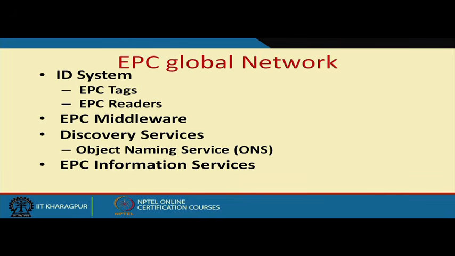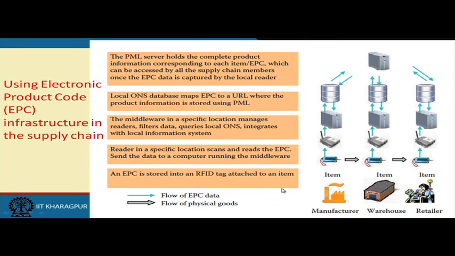In a supply chain, you need the support of the EPC global network. As we discussed two classes ago, this EPC global network has four important elements. One is the ID system, which contains the tag details and EPC readers, then we have EPC middleware and discovery services, and then we have the EPC information service. To remind you further, as the items move along the supply chain,